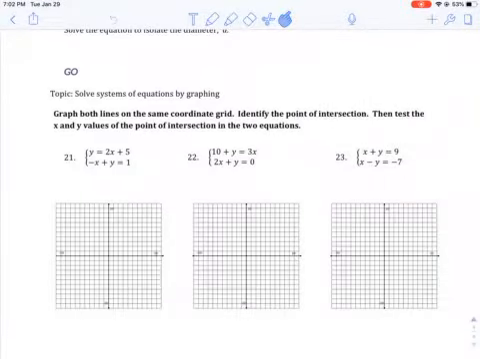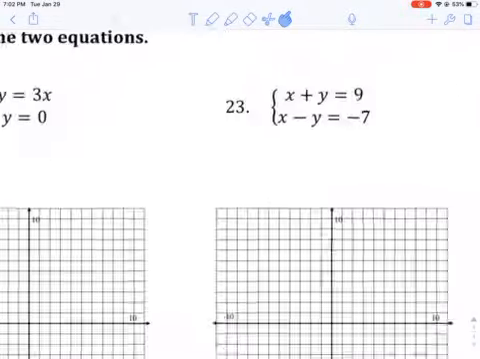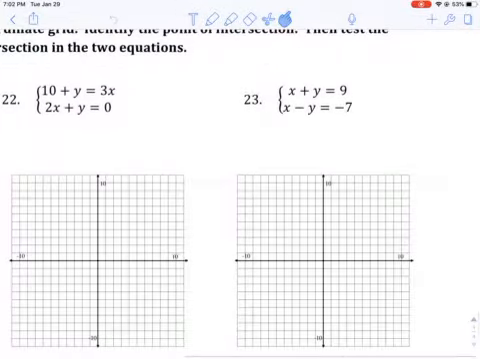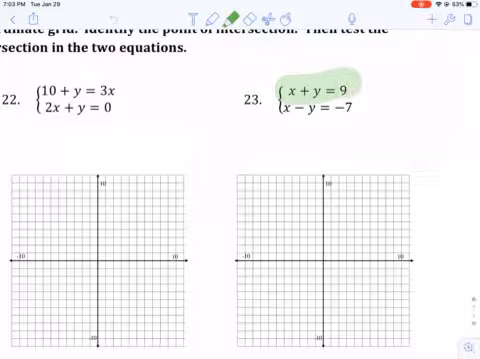I wanted to walk through graphing a system of equations and then testing your answer, see if it works. I'm going to go with number 23 here. This one's an interesting one. Now, we can't really graph it as it is because we have two equations here. Right now they're in standard form. In order to graph them, I'm going to need to put them in slope-intercept form, which means I need to